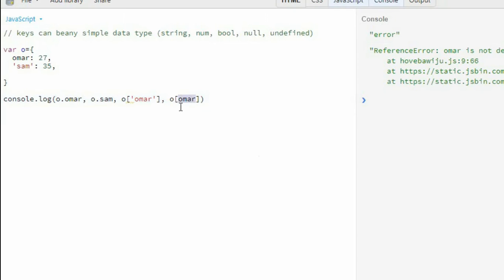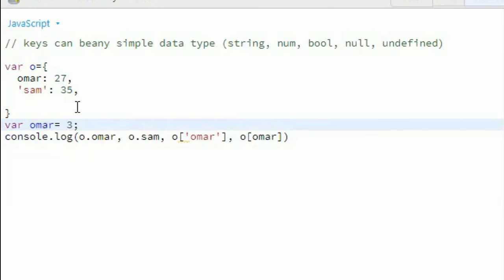Because it's going to look at that and imagine that there's a variable called Omar. Here it knows to look up a string, and here using dot notation also knows to look up a string called Omar. But if you use bracket notation, it's going to assume that there's some var called Omar somewhere, and that equals, for example, 3 or something like that, right? And if we do this, we're going to get undefined, because